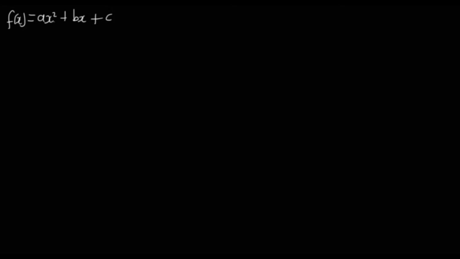Now from there, we also need to know that quadratic functions have some graphs that we need to know, and the shape of the graph depends on the sign of this number here, which is our a. So if a is positive, it has its own shape, while if a is negative, it also has its own shape. So here, a quadratic function may form a shape that opens upward. It may also form a shape that opens